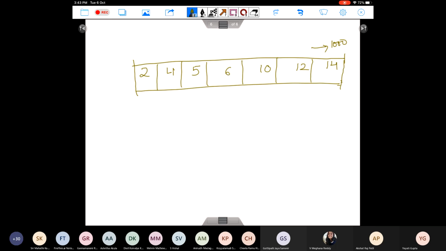So let's say I'm given an array of 1,000 numbers and I'm told that all these numbers are in sorted order. And I'm asked to search for a number, let's say 16. So how do I search for it in the array? Select a random number, definitely. So we can select a random number. But instead of selecting a random number, since we know the size of the array, I'll pick up the middle element.